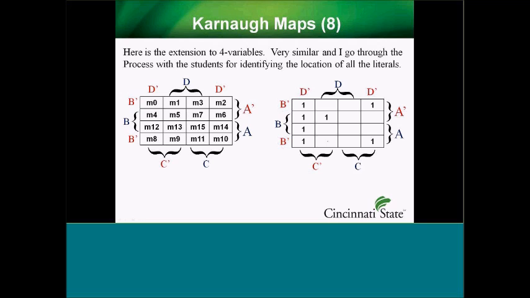Each one of those differs by 1 literal, and there's 4 variables, so you have 4 nearest neighbors. You have 3 of them in 3 variable. So, this all works out the exact same way. A is your most significant bit, therefore it's 1 at the highest numbers, 8 through 15. D is your least significant bit, so it's going to be 1 for the odd numbers, 0 for even numbers,